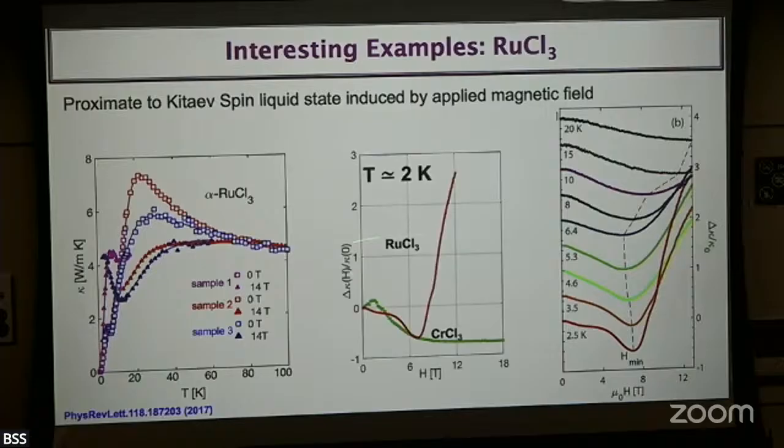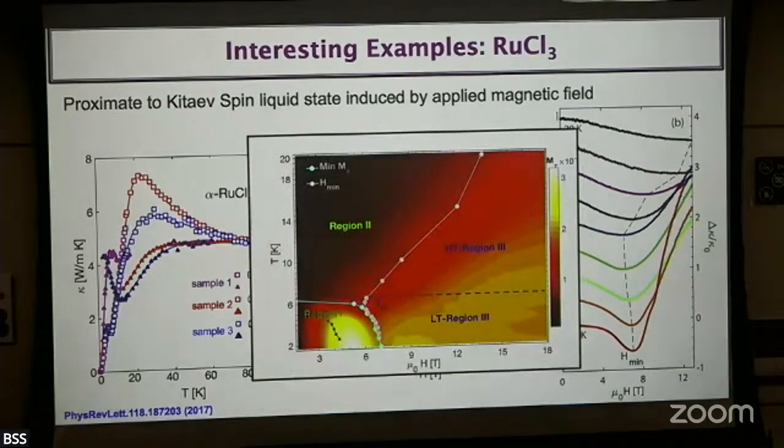And then if you look at this ruthenium trichloride, it's a far away cousin, which has a long range order. The field dependence is so different, right? Combining with the magnetic torque measurement, this is the paper that we put out on what the phase diagram would look like. There's a special region, and then some very distinct region across zero temperature, across the field. And we kind of hand waved that this might be some proximity quantum spin liquid, et cetera, okay?